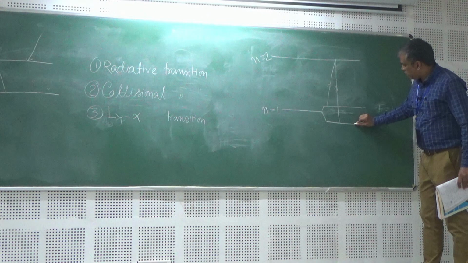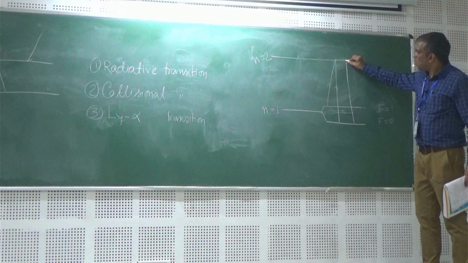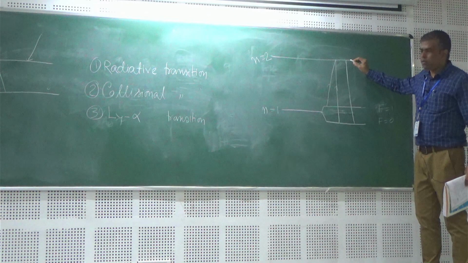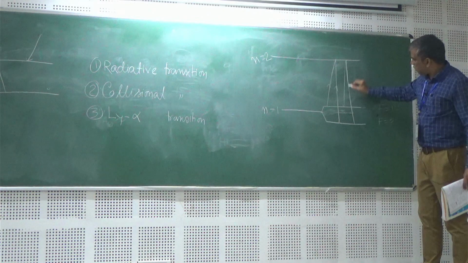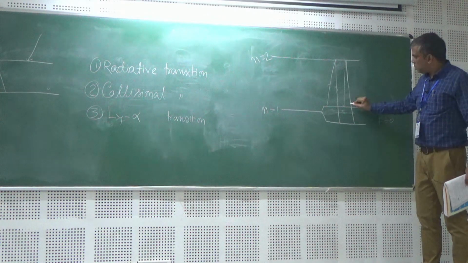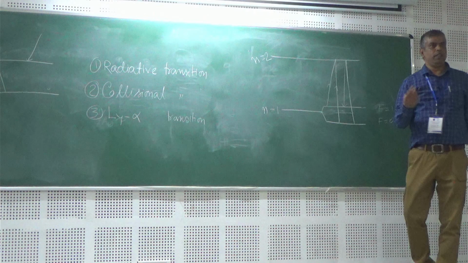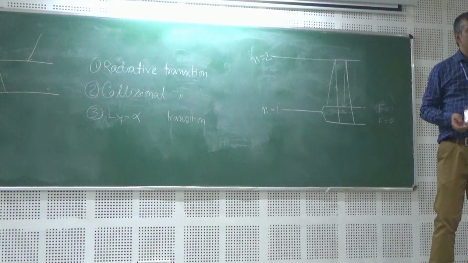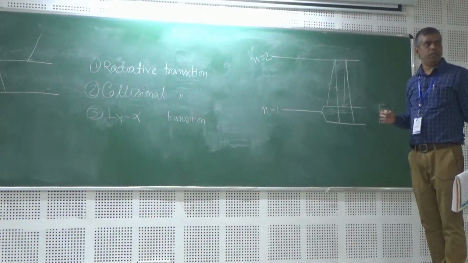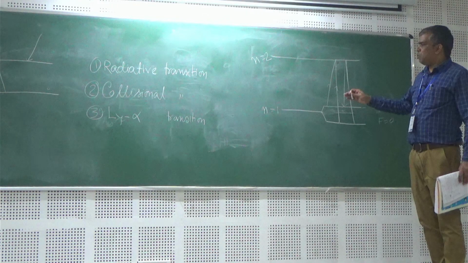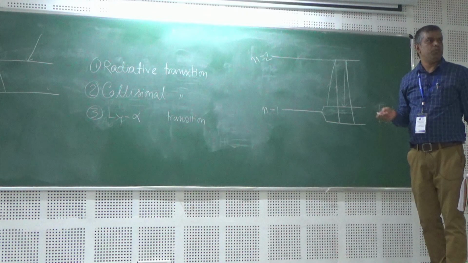And this can also happen: it comes from the singlet state, absorbs one Lyman alpha photon, goes to n equal to 2, and while coming down, it can end up here. It can also end up in this state, but this is the one which actually changes the spin states, right? So these are the three processes by which you can change the spin states. And once you change the spin states, you can change the spin temperature, right?